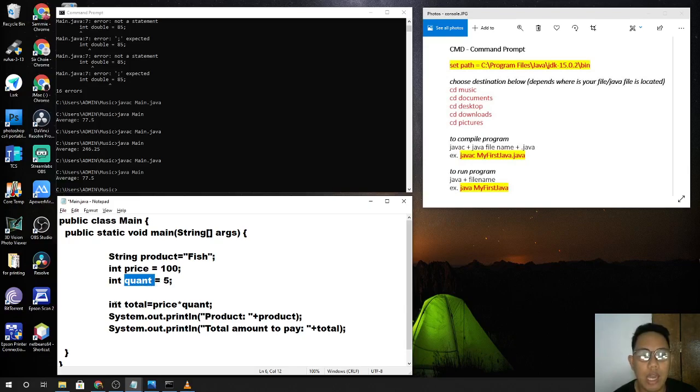And then when we create the formula, all right, so I declared an int for total. So price times quant. The container for price is one, I mean the value of price, 100 times 5. The answer is obviously how much? 100 times 5. It's 500, right? So